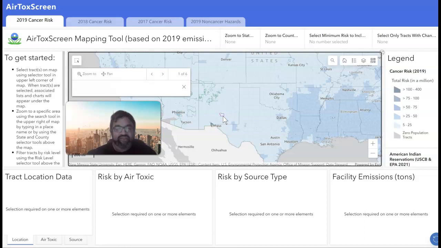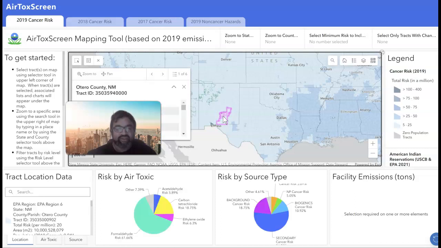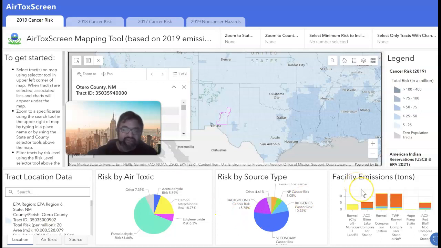So we can first click on this reservation here in New Mexico, and as you can see, the facility emissions, I like to start on the right here. The Roswell City of Municipality landfill is there, and landfills can take up a lot of pollution. There's a compressor station, Lake Compressor Station. There's the Roswell Compressor Station, and then there's all these compressor stations and the pump station and the Red Bluff number 3 compressor station. A lot of these have at least some risk